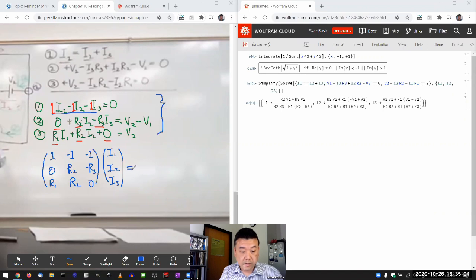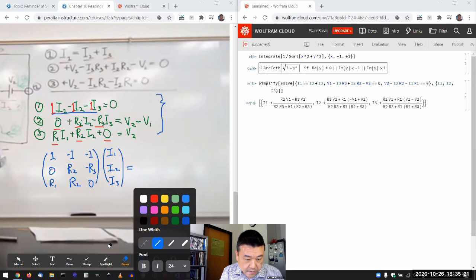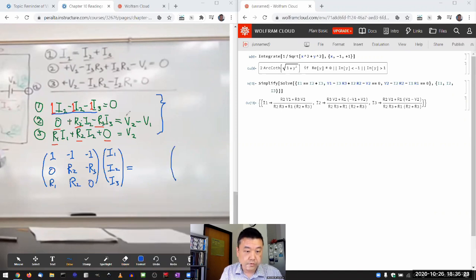So you can represent the above system of equations this way by having the left-hand side column vector equal to this right-hand side. Oh, wait, I need more space here. So let me leave a little bit of space. Equal to 0, V2 minus V1, V2. So far, this is just an interesting way to rewrite a system of 3 equations into one